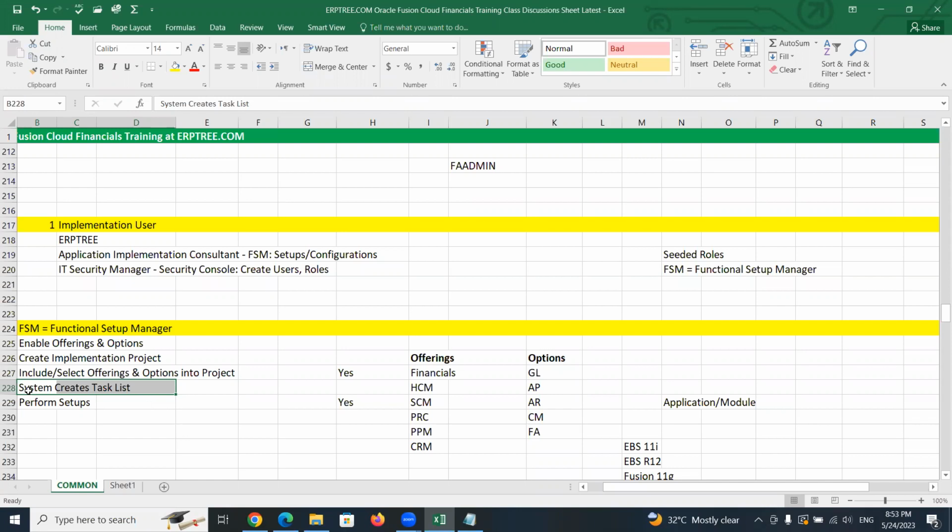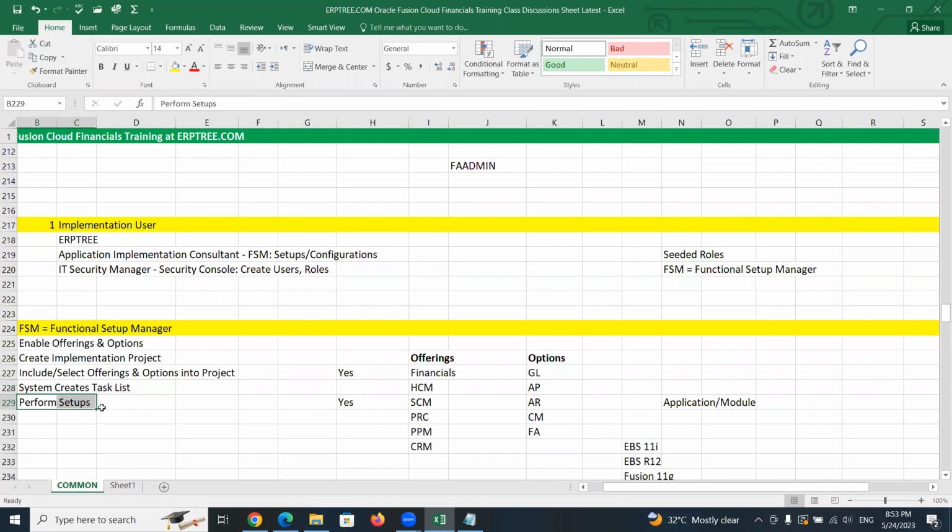That is the meaning of task list. With the help of the task list, you can do the setups. Once the system creates the task list, you can start doing the setups, which we call performing setups.